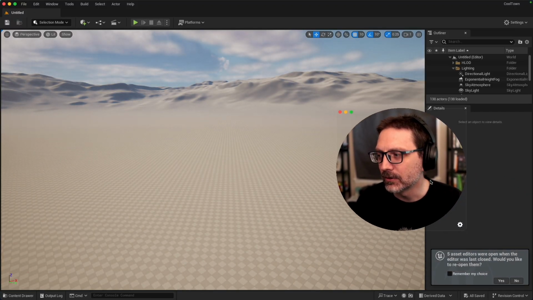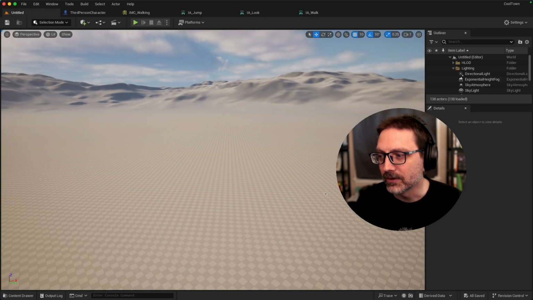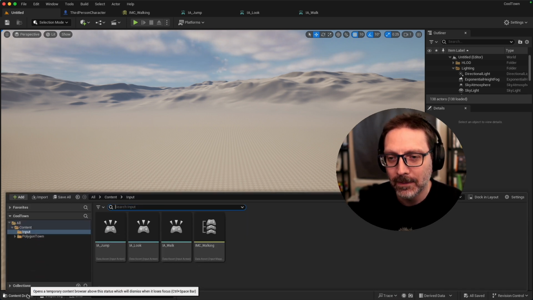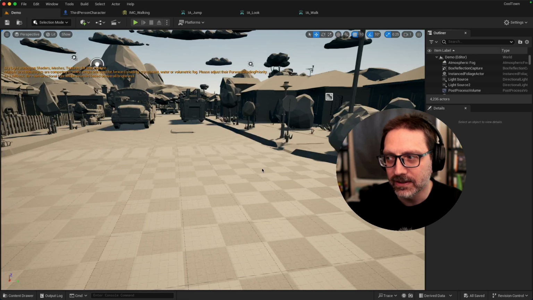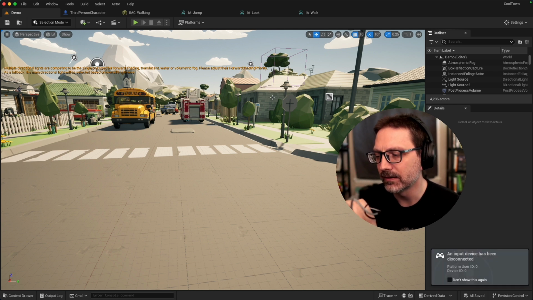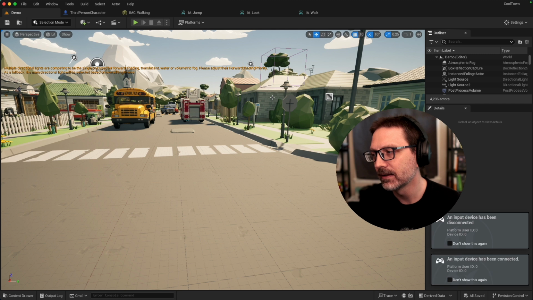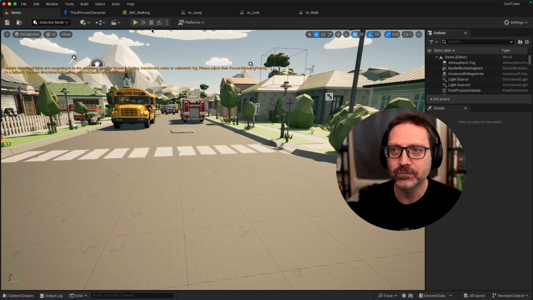There we go. Now you'll notice that that's not it. Yeah, sure, let's reopen those. I was going to say, you'll notice that it detected the controller. It did detect the controller before too, and I'll show you that in a second. And that's not from this fix. It would detect the controller before. So I'm going to unplug my controller. See, input detected is disconnected. I'm going to plug it back in again. Now it's connected. It used to say that before this fix, but now with this fix, it's using the old system. When I hit play,